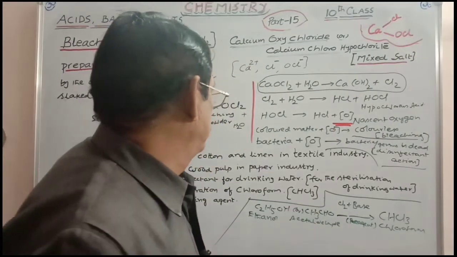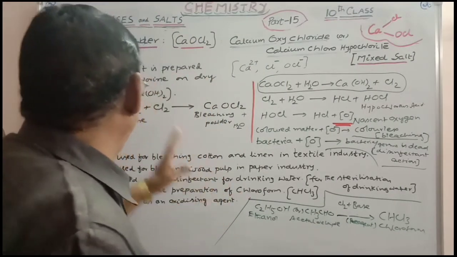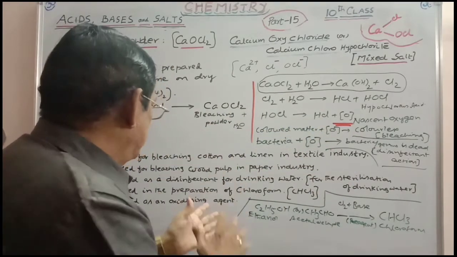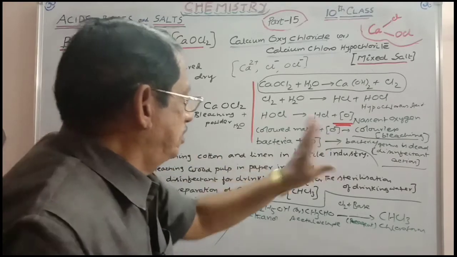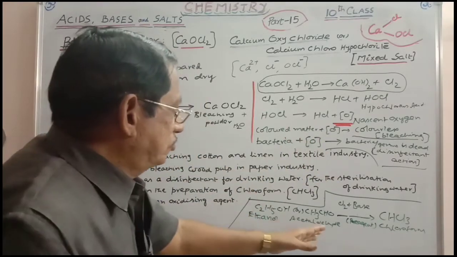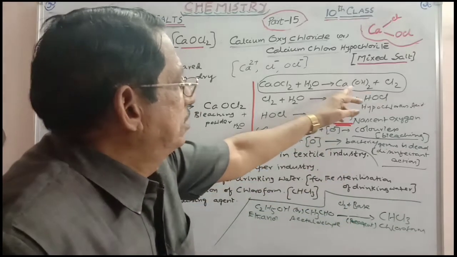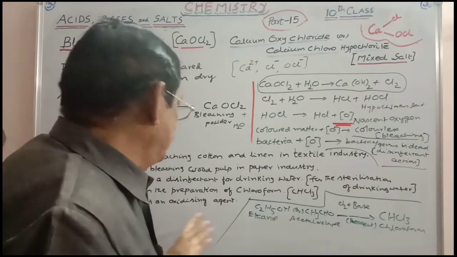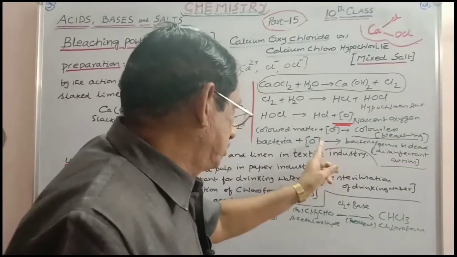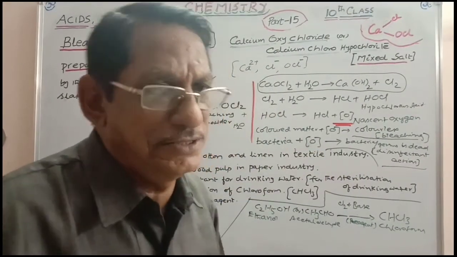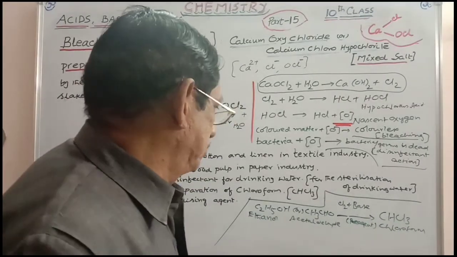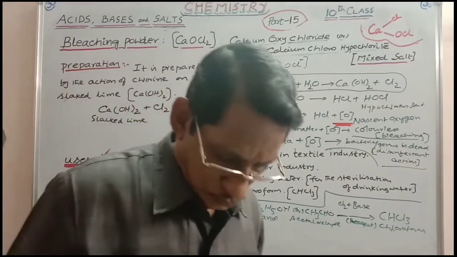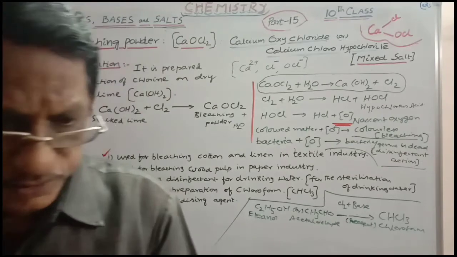So this is all about the preparation and uses of bleaching powder. This is all extra matter, but you have to know the fundamentals here. How is it happening? The bleaching action or disinfectant action is only due to nascent oxygen, and the preparation of chloroform is also due to the production of base and chlorine. Chlorine itself is the oxidizing agent, and it is used as an oxidizing agent also. Because it also produces nascent oxygen, a powerful oxidizing agent, it is also used as an oxidizing agent. For all these purposes, bleaching powder can be easily used without any danger. Okay. Please note it. One more compound we will complete.